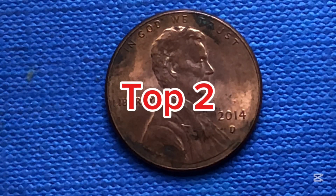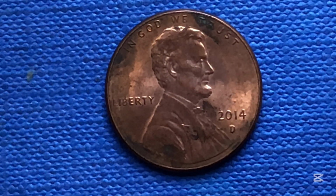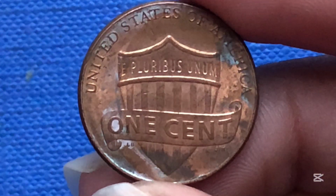Top 2. The story of the 2014 American Peace Penny with the P mint mark is one of intrigue, rarity, and an unexpected treasure hidden in plain sight. To truly appreciate the significance of this coin, we must travel back through the corridors of American numismatic history, uncovering the origins of the peace design, the meaning behind its creation, and the mysterious circumstances that led to the striking